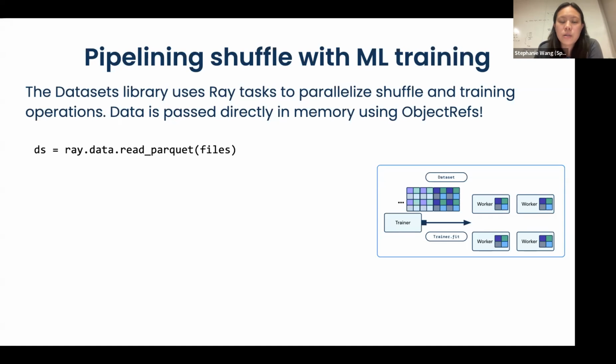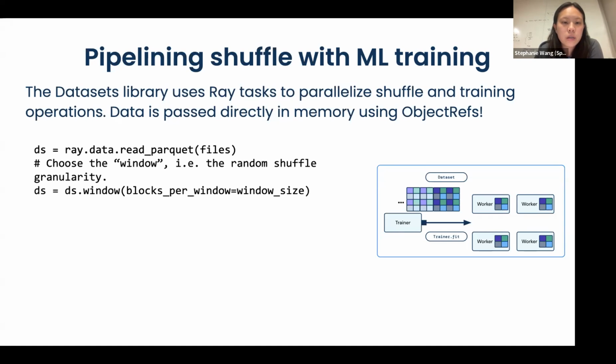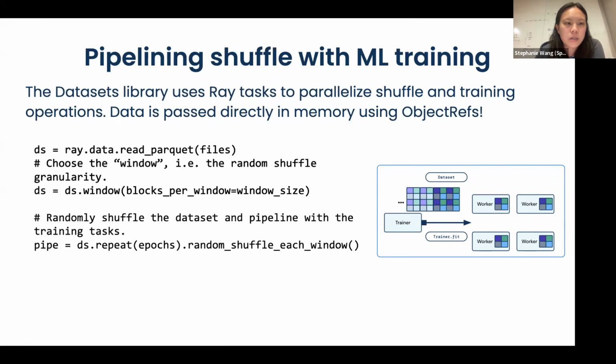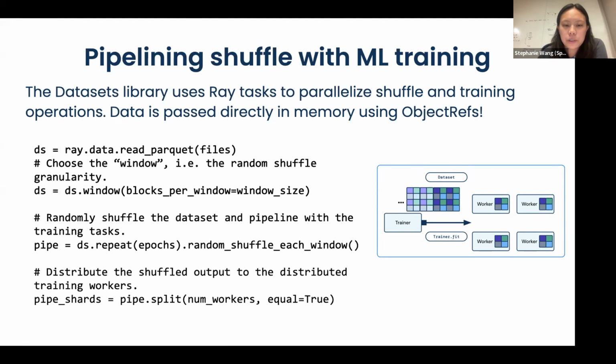With datasets, we can choose to randomly shuffle the dataset at some granularity. And this could be per partition or even across the entire dataset. And then next, we want to pipeline the random shuffle with the training computation. So the repeat call here will produce an iterator that loops over the dataset, and that allows us to perform the pipelined execution. And then finally, we'll just shard this output across the training workers by calling pipe.split. So under the hood, all of these calls are actually just using Ray tasks, actors, and objects to implement the shuffle. And that's what's making it possible to interoperate between large-scale shuffle and other Ray libraries like Ray Train.